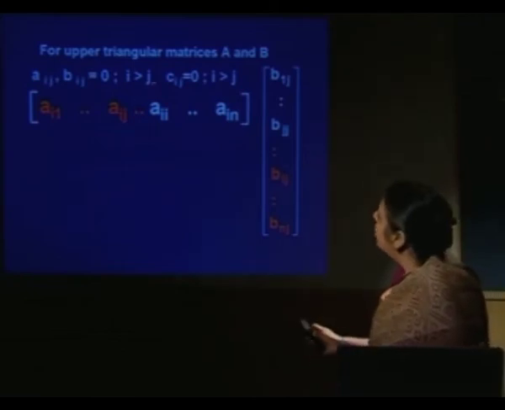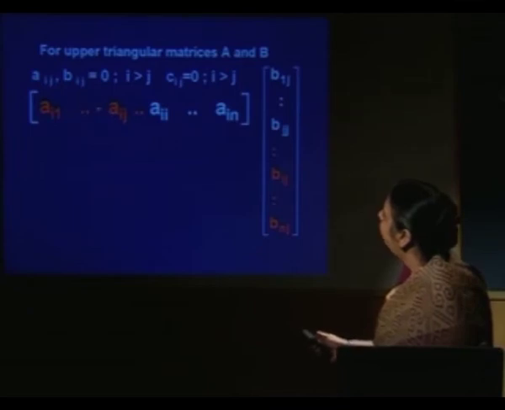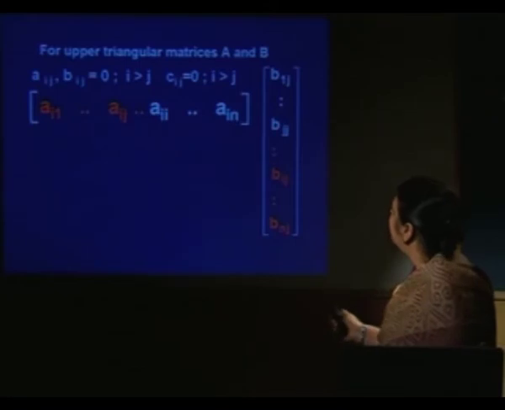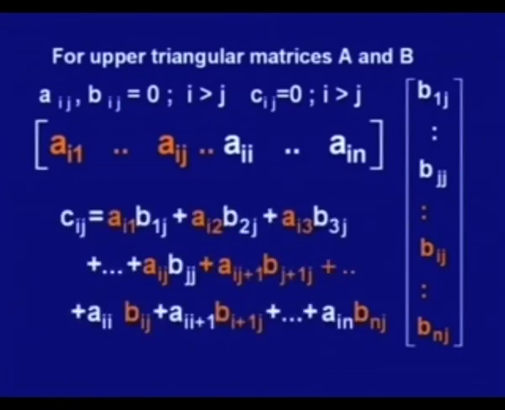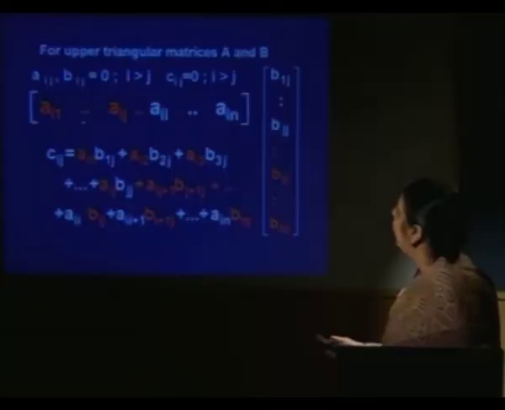They are 0 because for all these elements i less than j, they are 0, while i greater than j, they are non-zero. Same thing is applicable here. Now, if I multiply them, then the product is obtained as Cij equal to Ai1 B1j, Ai2 B2j, Aij Bjj, and so on. Then we have this element multiplied by this element and so on. Ain multiplied by Bnj will be the last element.